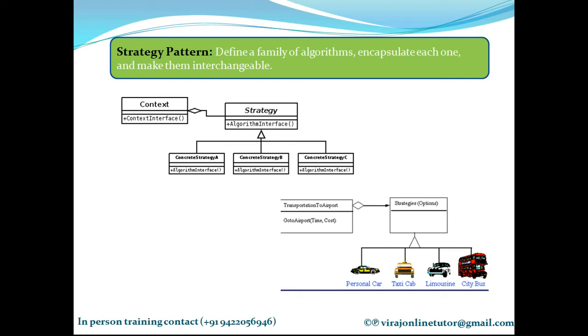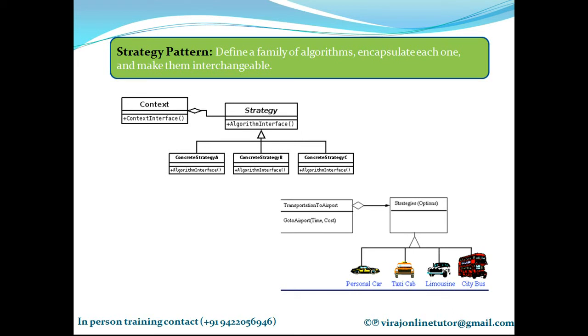Strategy pattern lets the algorithm vary independently from the clients that use it. So you can vary the algorithms independently. This pattern groups the algorithms and encapsulates them inside classes that can have a common parent class so that algorithms can be changed depending on the requirement. So as I mentioned, you have a common base class. You have all the different options inheriting from that base class so that you can interchangeably use the algorithm that you need based on your requirement.